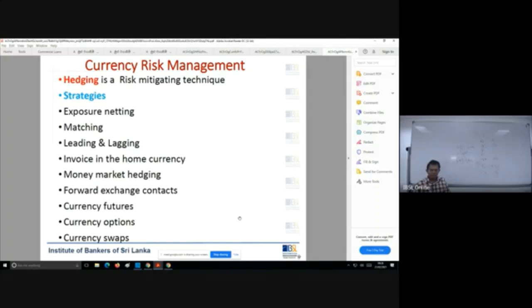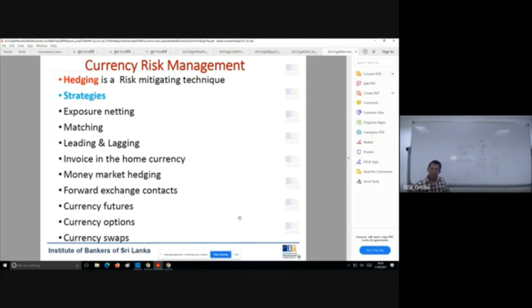I don't think your examiner will test you on this, but for people who are working in the financial operations market, there can be a question on this, right? So the interesting question comes on money market hedging. You'll have to borrow, then you'll have to pay interest. Very interesting question, but here we won't be taking that question. Money market hedging. Forward exchange contracts, a similar thing we did.